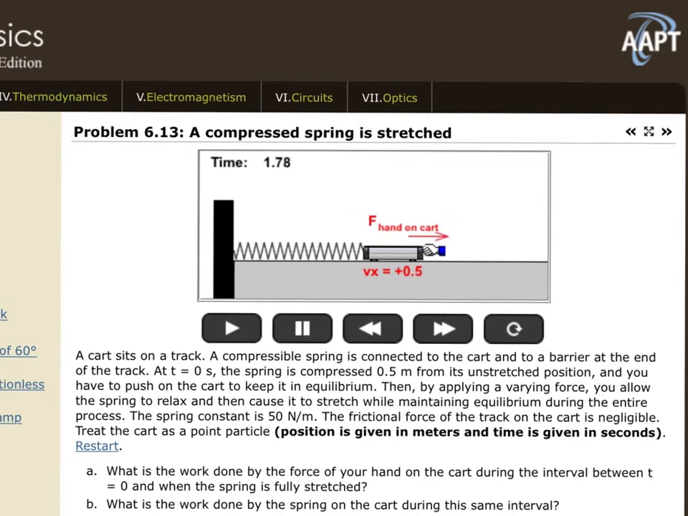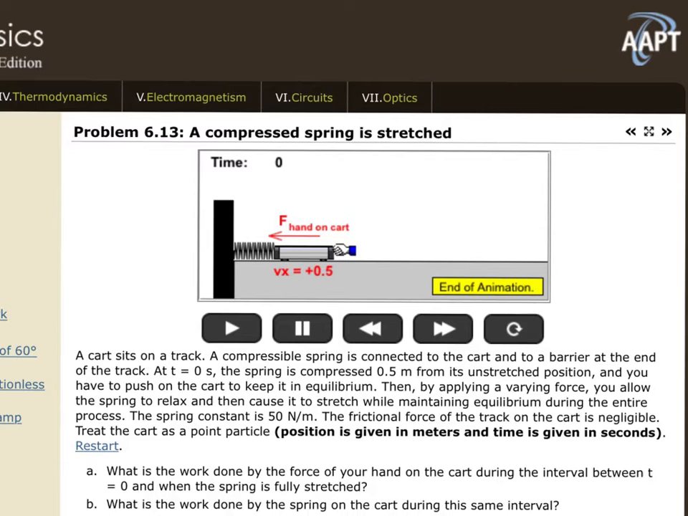So the hand's exerting a force that's causing the thing to maintain a constant speed. Okay, so the description tells you mostly, but can you puzzle out what's going on? What's going on if the speed is constant? Then if we go back to the beginning,